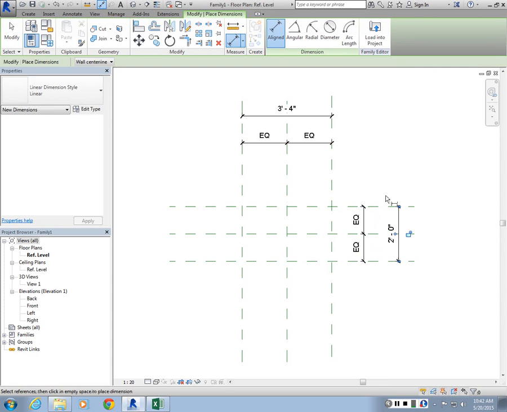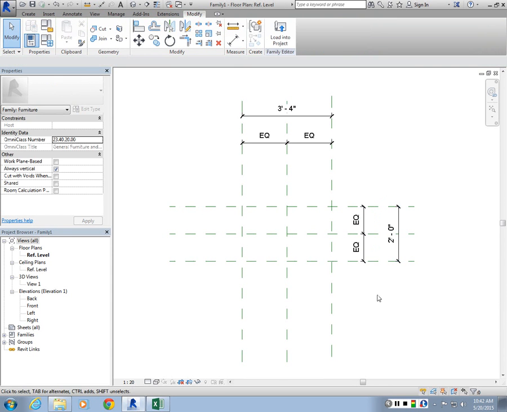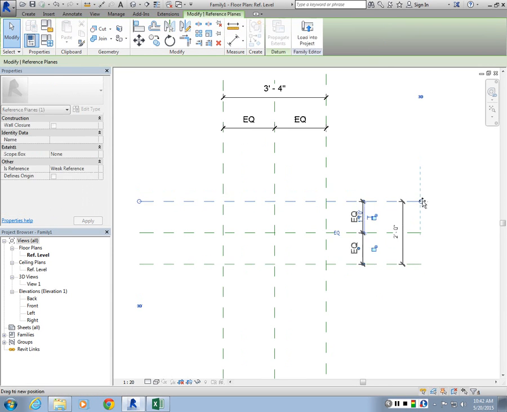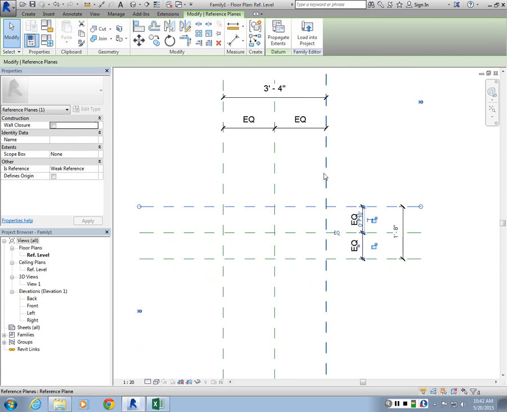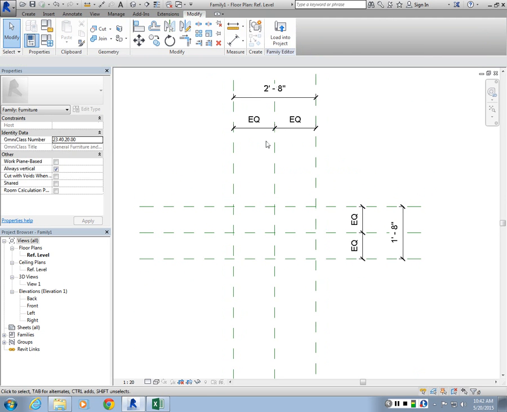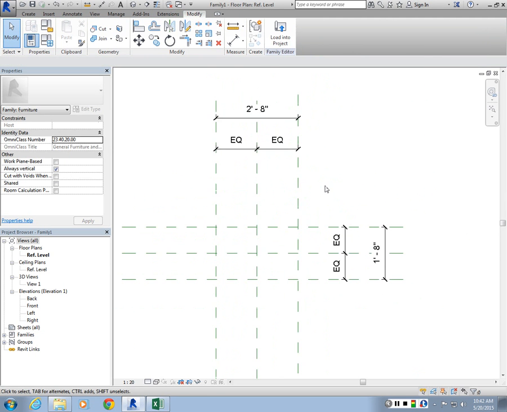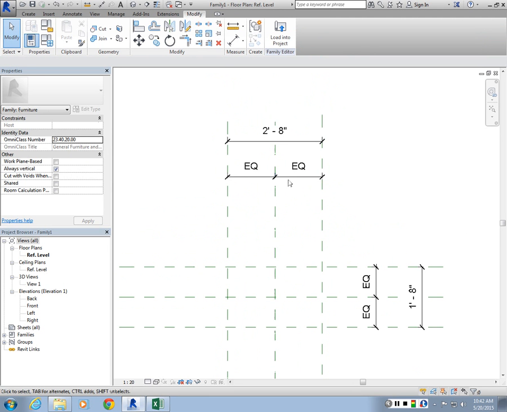give another dimension here. Now this is called flexing, so after you create something, you want to just flex it out a bit, see that these type of constraints and relationships are working in your file, and so far they are. Now I'm going to define these two dimensions as my overall width and depth for the furniture I'm creating. So I'm going to choose this guy,